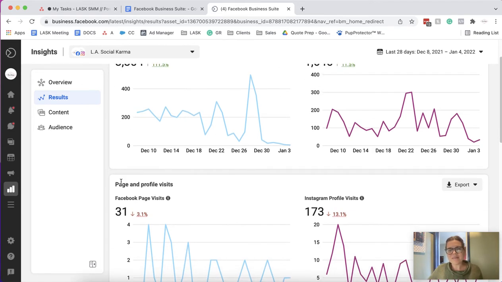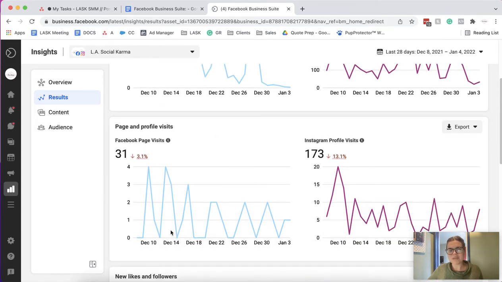And then page and profile visits. So this tells you how many people actually went to your page, which is kind of interesting, because mostly once people follow your page, they don't really visit your page that much. There's really no reason, because you interact with the content in the newsfeed unless you have something specific that's driving them to the page. Instagram profile visits,